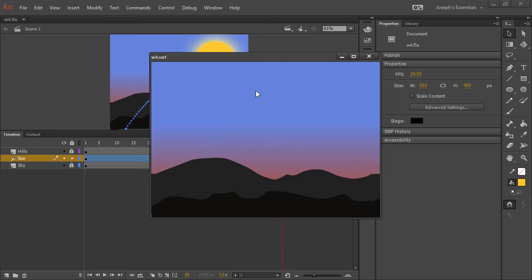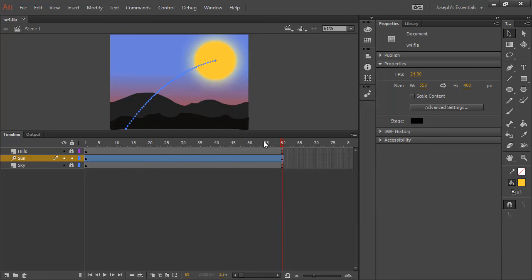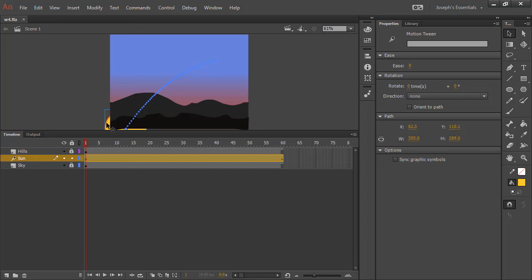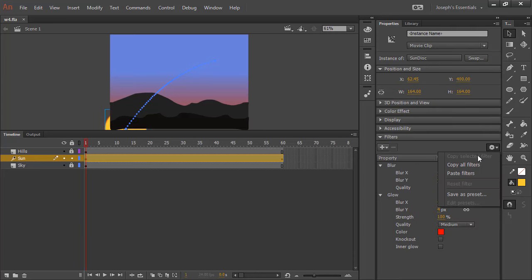And you'll notice that it starts off as red in terms of my glow. So I need to fix that. I'm going to go back down here. And you can see that the glow and the blur both start out right now as their defaults. So what I want to do is make that the same thing. I don't want the blur and glow to change over time. So thankfully that's pretty easy to do. I can go ahead and copy all filters and then just move down here, select my sun and say paste